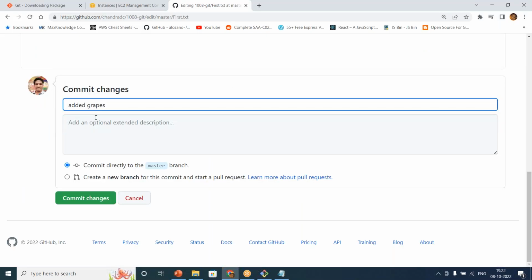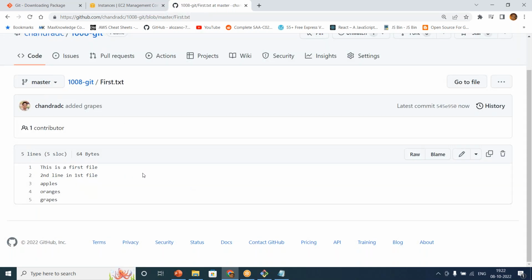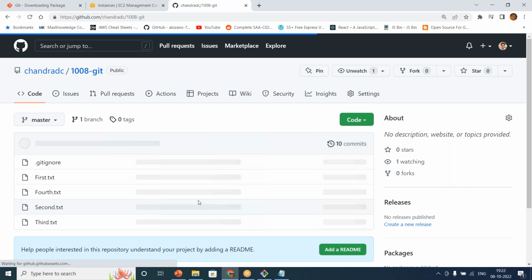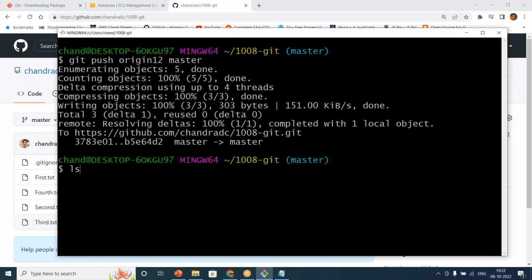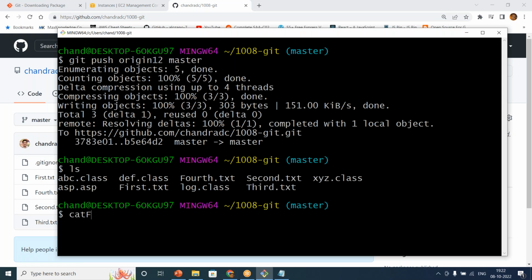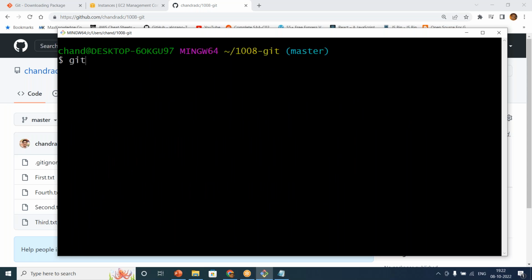So what I'm going to do is commit this here as added grapes. Let me commit it here. You will be able to commit it, there is no doubt about it. Just go to first.txt. You can see added grapes, right? But in our local repository, under first, we will only have till oranges or whatever it is, right? We don't have grapes. Now, every day in the morning, we can go and say git